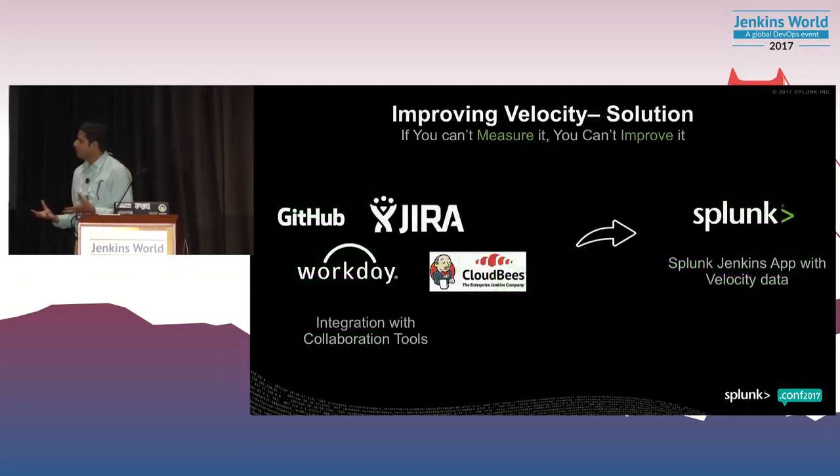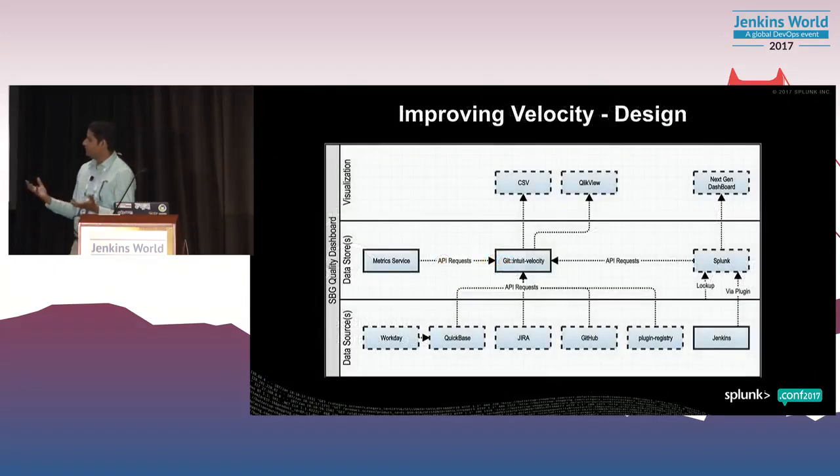What we have come up with is that we have consumed the GitHub API, we have consumed the JIRA API, we have consumed the Workday API, and then from the CloudBees Jenkins app, we push all this data to Splunk. Now Splunk becomes the single source where we have all the data available. Now when we have all the data available, you can do all kinds of work, right? And this was our simple solution where we put our Workday data, we put JIRA, we put Git. And